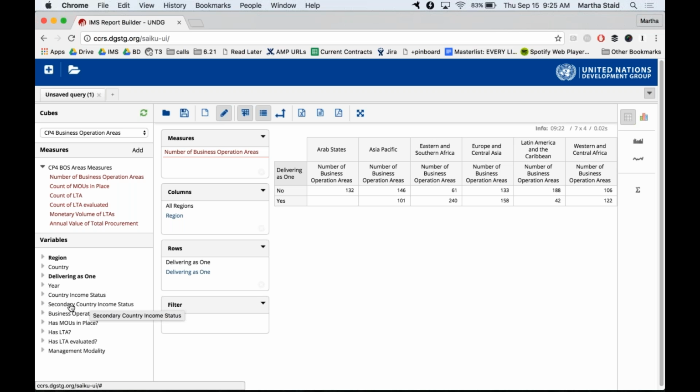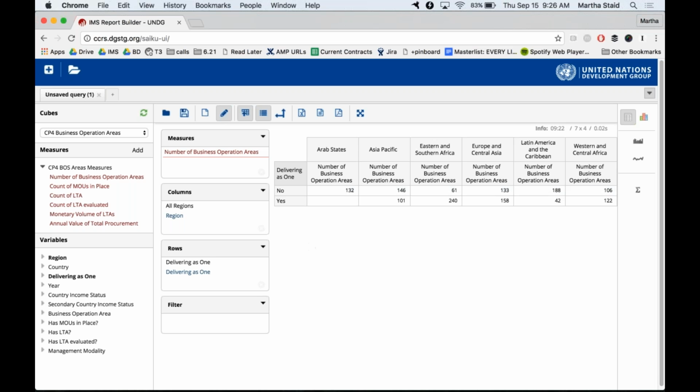So these are universal filters throughout the report builder, because we know that these are very important ways to sort your data or be able to filter it or disaggregate it. So you will find these at the top of any list of variables, and then below those, the more specific pieces of data from the cube that you have chosen.